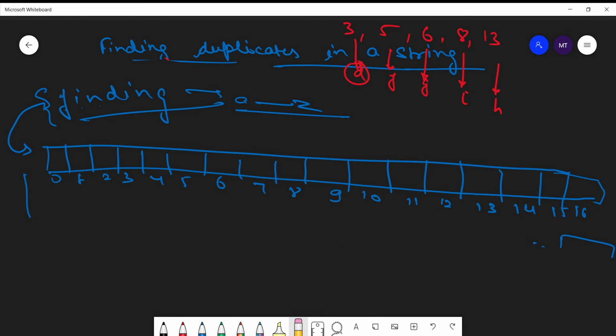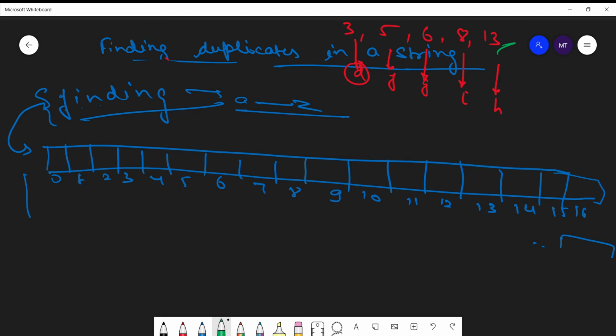We don't need to write any further boxes of the array because the largest index we have is 13. If there was any character which gets index 25, that is Z, then we would have to make all the boxes and accommodate that Z at the 25th index. So we will keep this as an example and solve this problem with this lighter approach.